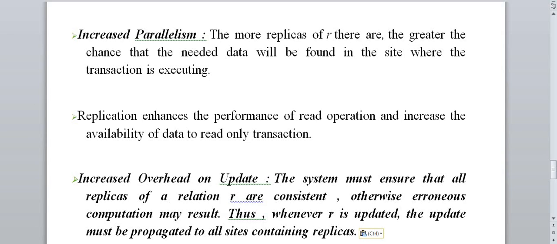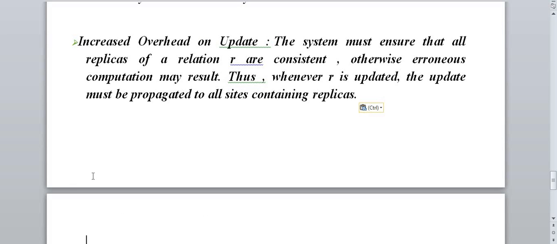The last one is a disadvantage of replication. What is the disadvantage? Increased overhead on update. For example, if you have three replicas and you modify one replica, that modification or update has to be propagated to the other two replicas.